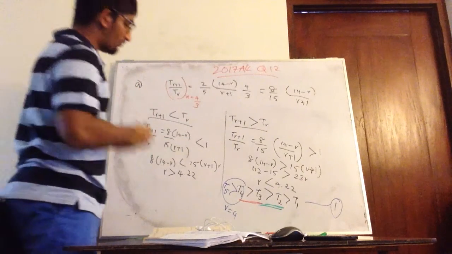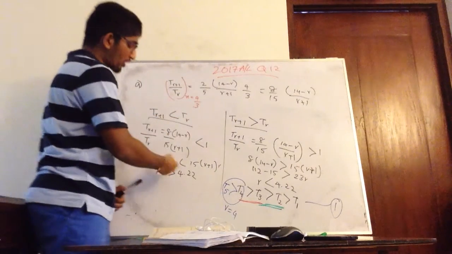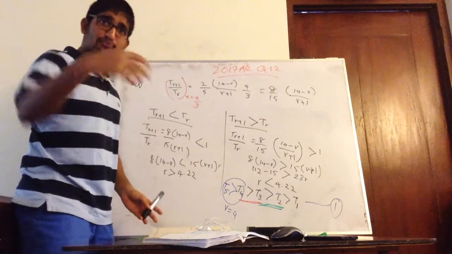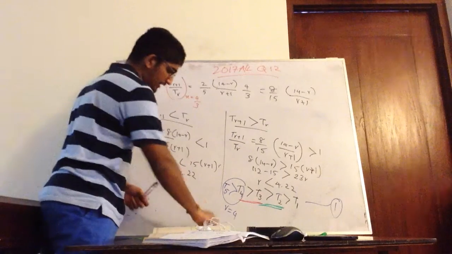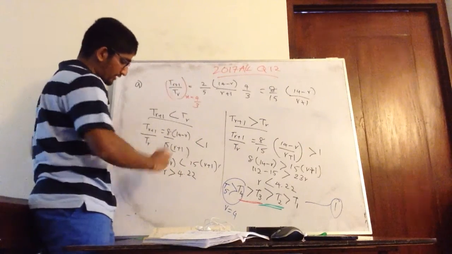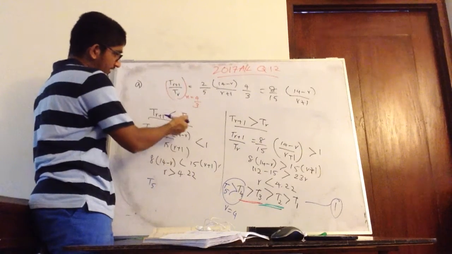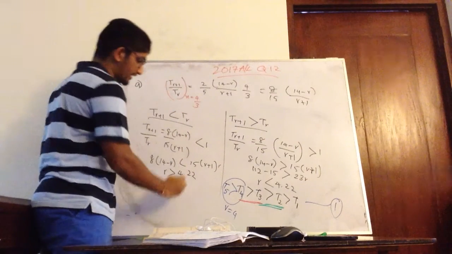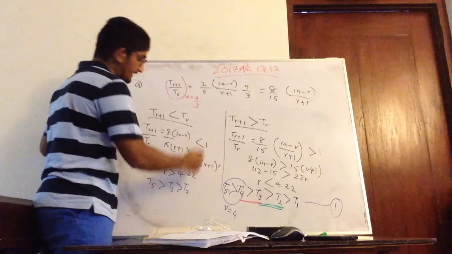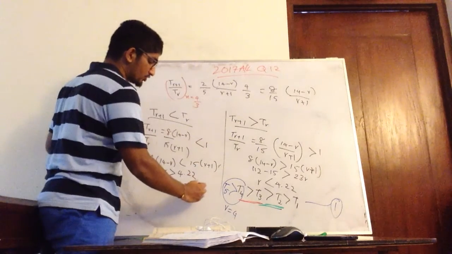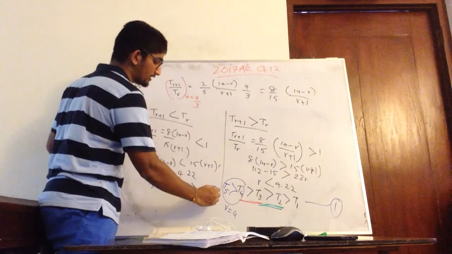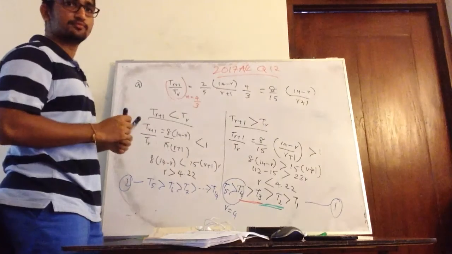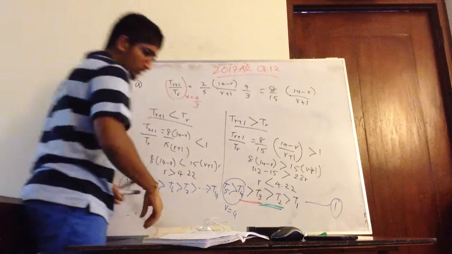Right. So what can we get from here? So now we know when R is greater than 4.22, right? So let's say R equals 5. So we know that when R equals 5, then T5 will be greater than T6. Then we know T6 will be greater than T7. T7 will be greater than T8. So it goes on to the last one, that is T14. This is the second one. Right? So then,